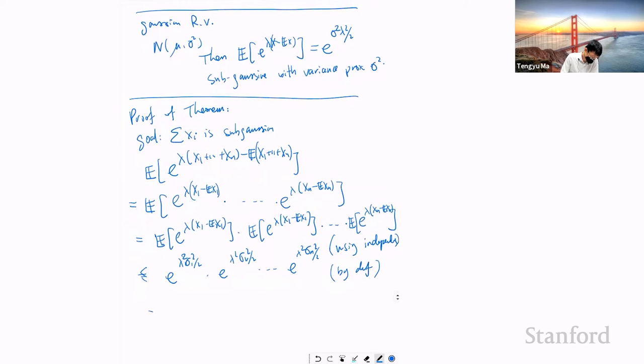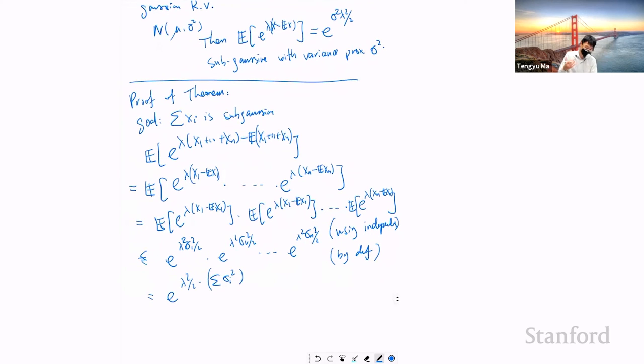And then you get e to the lambda squared over 2 times the sum of sigma i squared. That means that the sum of xi is sub-Gaussian with the sum of sigma i squared, right? So this is the variance proxy